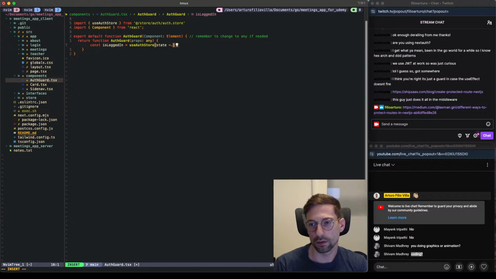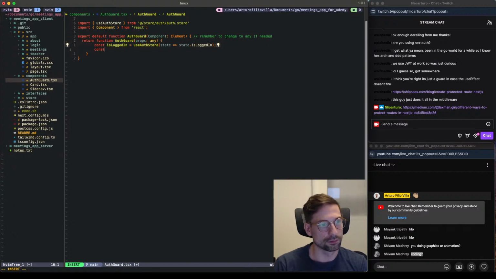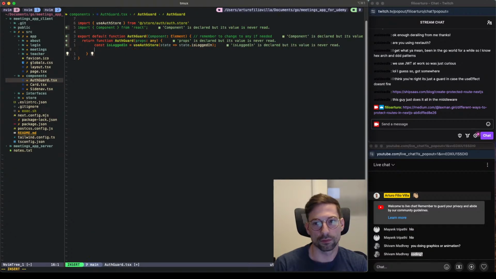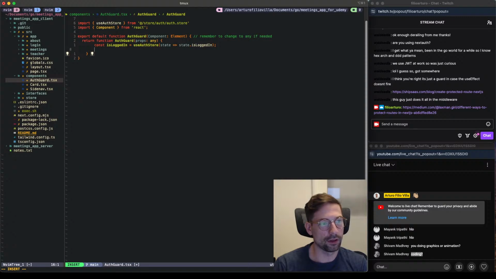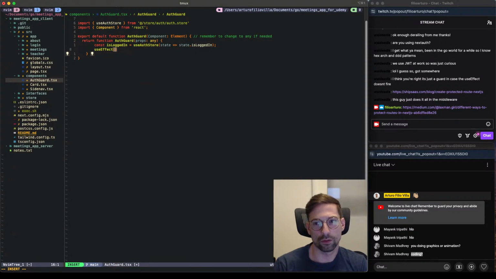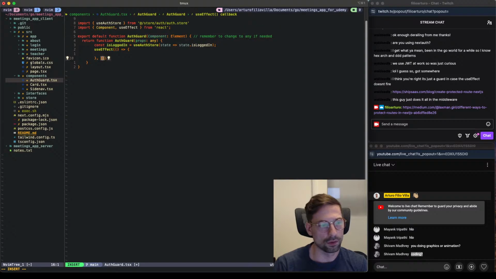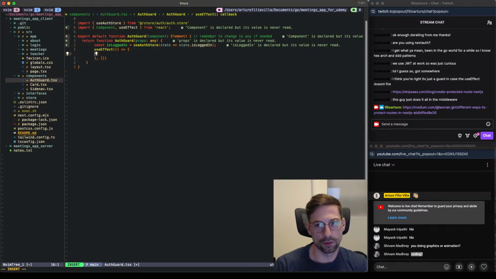State logged in. And then use effect. If not logged in,